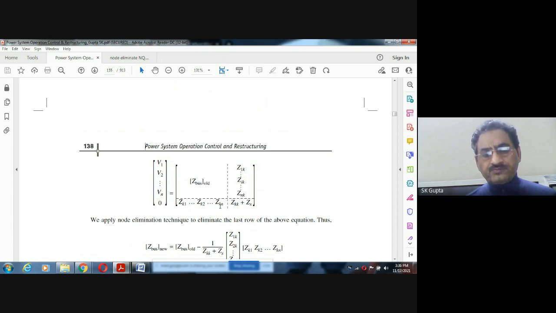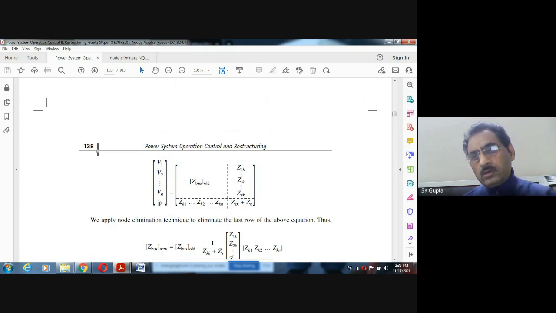Now in the second part, we said old bus to the new bus, and now the new bus is grounded. When the new bus is grounded, what is the meaning of this? The voltage of the new bus, that is VQ, at the qth bus, which is the new bus, VQ is 0. So here we put VQ equal to 0. Otherwise it is the same. This modification number 3 is the same as modification number 2. The only thing is that in modification number 2 there is a voltage VQ, but here VQ is 0.